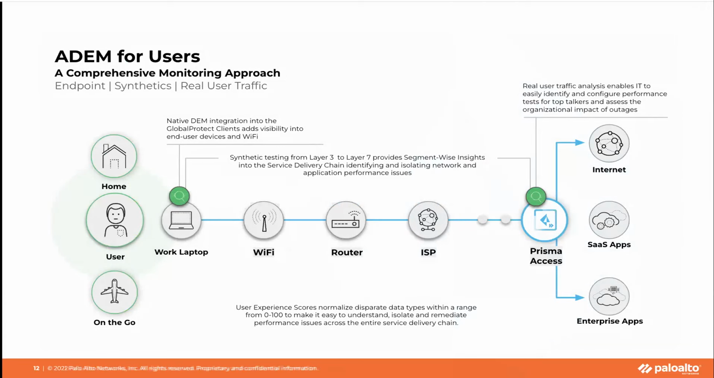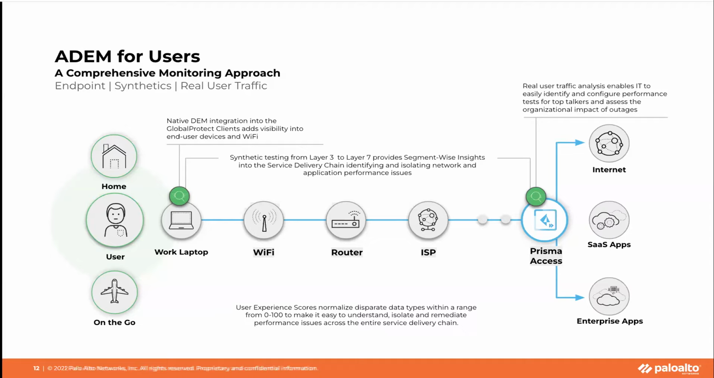As I talked about earlier, IT lacks the visibility to the different segments of the service delivery path from the users using Wi-Fi, router, ISP, security stack in the cloud to access the SaaS applications. And IT also lacks the necessary tools to identify and isolate the exact problem, domain, or root cause. So with ADEM for users, with our native integration on the endpoints via GlobalProtect, we are able to provide unique insights into what is happening across the entire service delivery path from endpoint itself to Wi-Fi, LAN, WAN side of the router